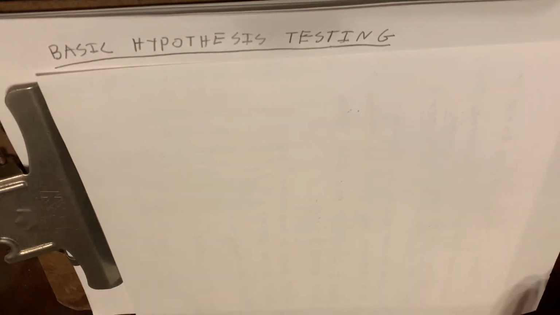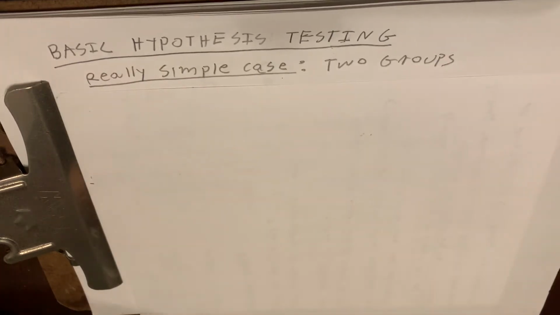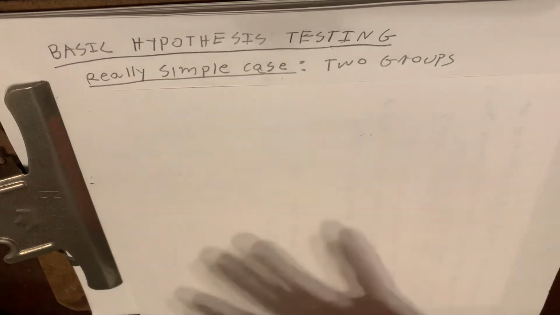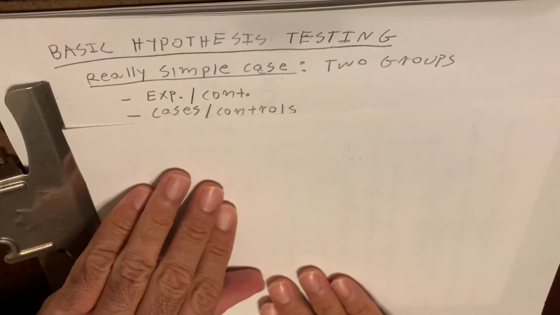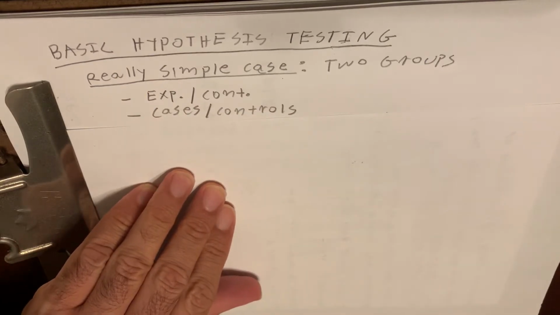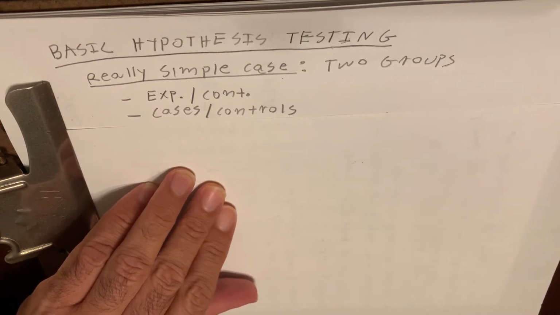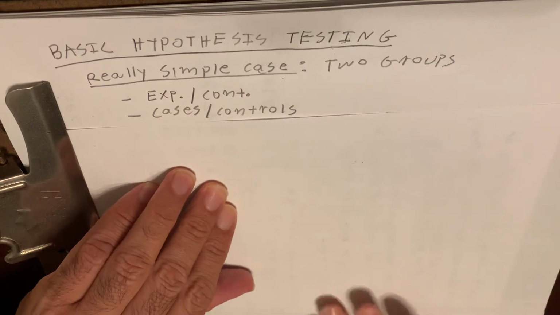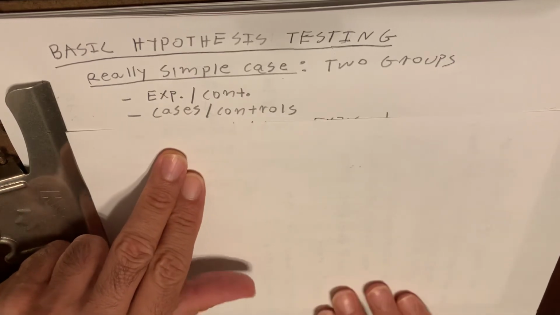Today I want to introduce hypothesis testing in one of the most simple and basic settings. And this really simple case would be when we have two groups, such as an experimental group and a control group, such as cases. A case is somebody who has a disease, compared to controls. A control would be somebody who doesn't have the disease. So those would be your two groups, cases and controls, and you'd compare them to see if there are